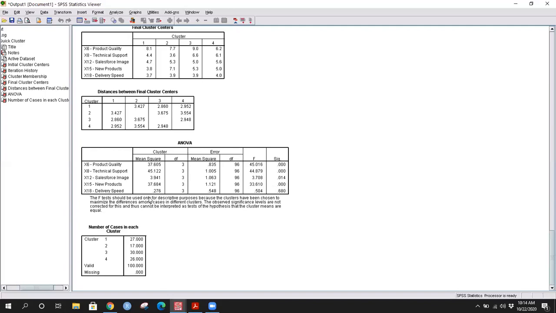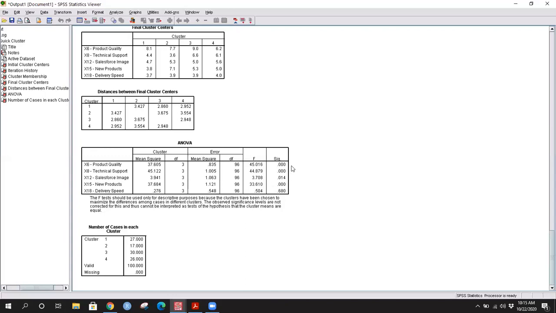Now, can you draw a parallel between this ANOVA result and the result we saw over here? You saw that delivery speed means were indeed not showing a marked difference. 3.7 is not markedly different from 3.9 and 4. You see that? So delivery speed is indeed having two confirmatory results that it's not a good clustering variable. Now, however, you were able to interpret this ANOVA table in the fashion I just told you. But see, we must take these results with a pinch of salt.